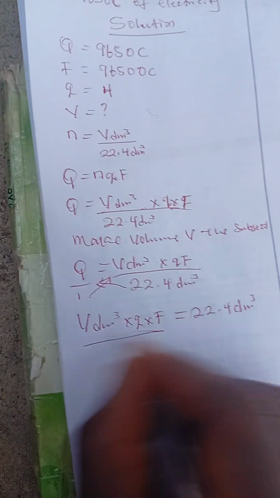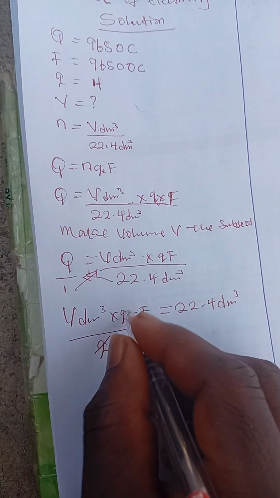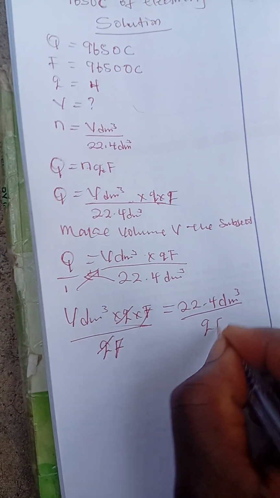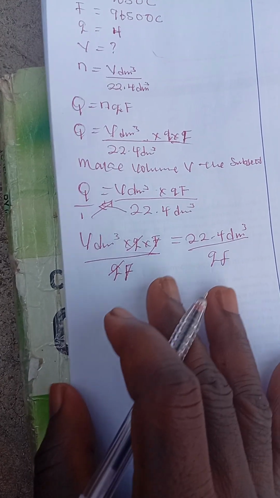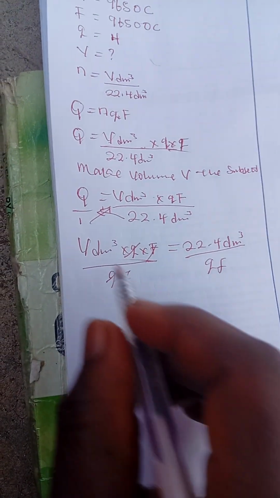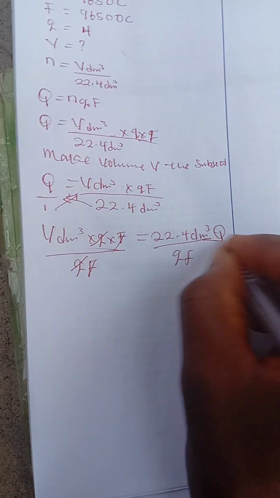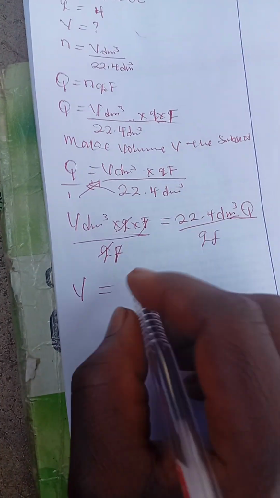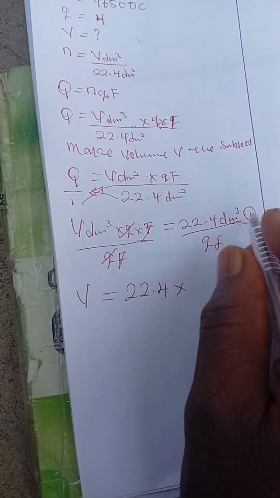Making this the coefficient of V, this will cancel this and this will cancel this. At this point, our V, which is the volume, will be 22.4 times